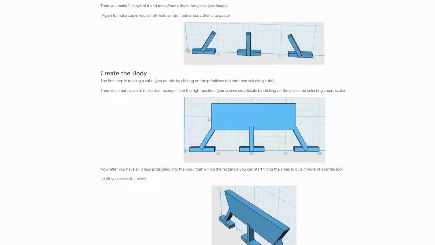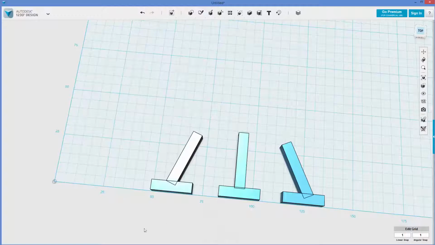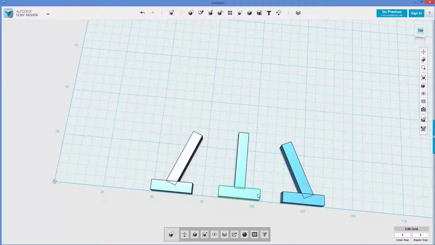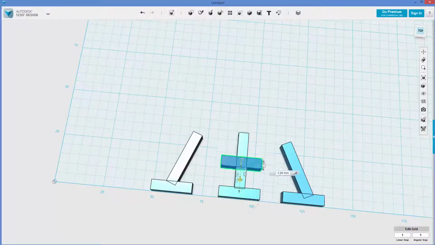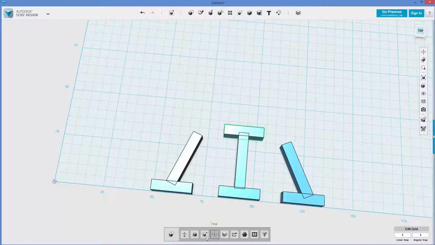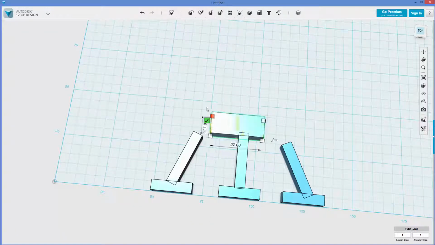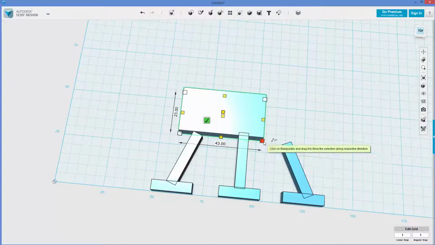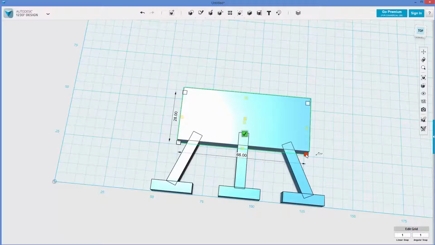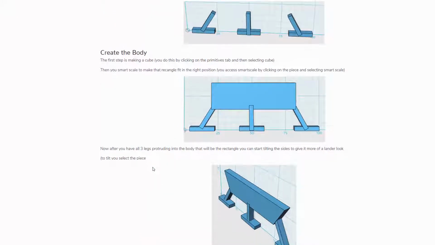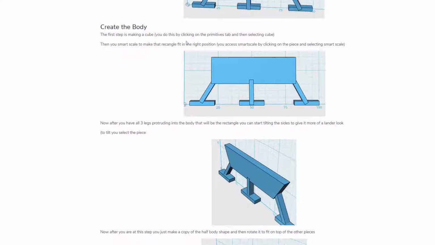Alright, so we make a flat square. Okay. Copy and paste. Grab that. Smart scale it. Something like that. Hit enter. So now I've got that bottom square. Let's see. Create a body. Now after you have all 3 legs,